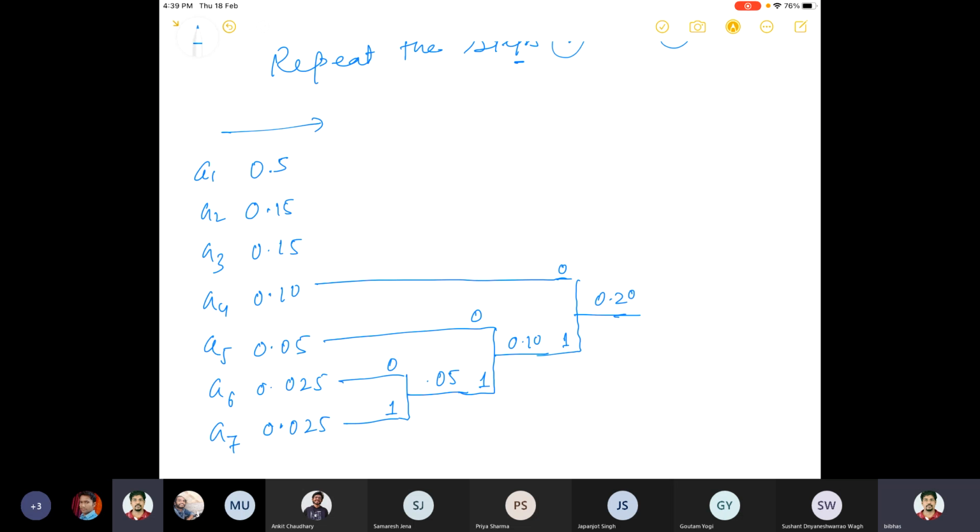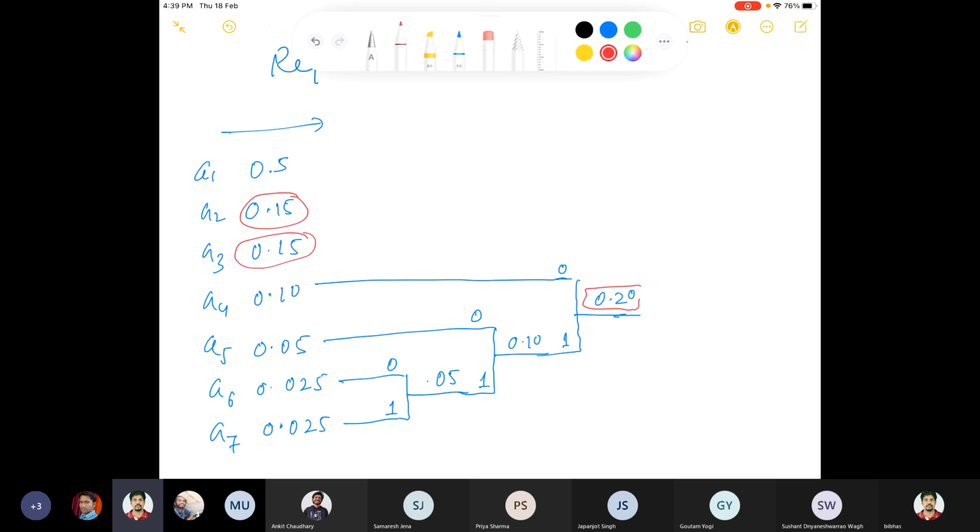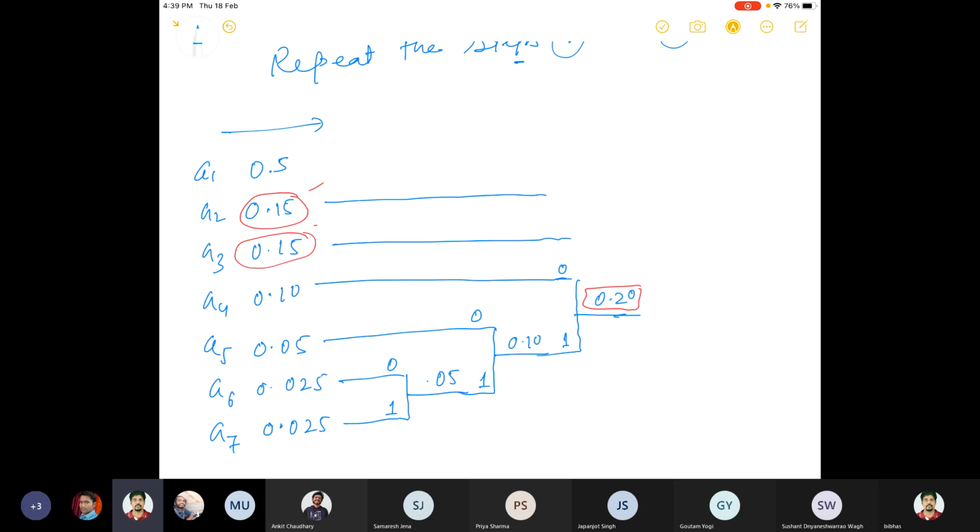But now you see the probabilities, if you check, this is the least one, not this one. So I have to club these two. If I club this, let us take it up to here, and I need a nice picture. So here it is 1, 0, and both of them give us 0.30, the probability of the combined one. So now we have 0.5, 0.30, 0.20.